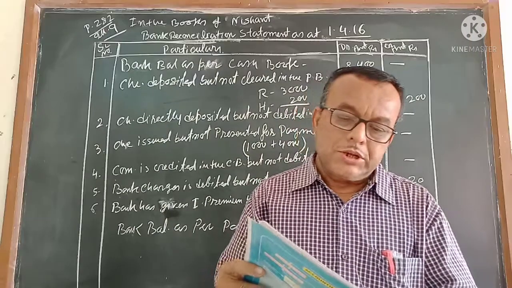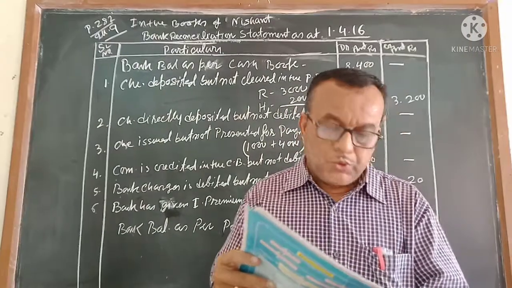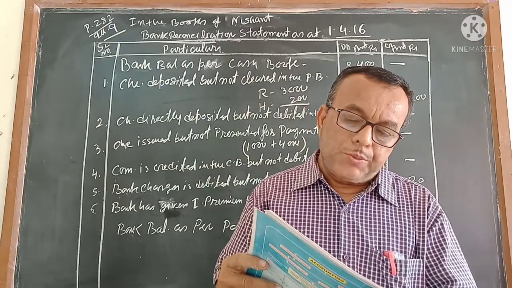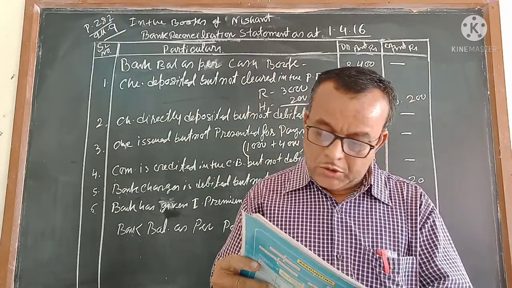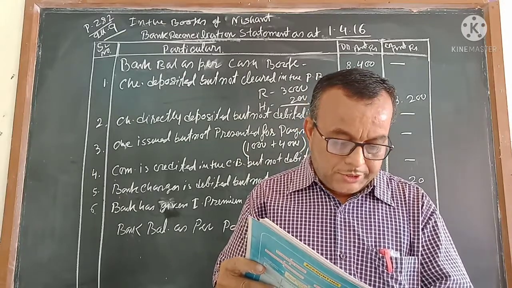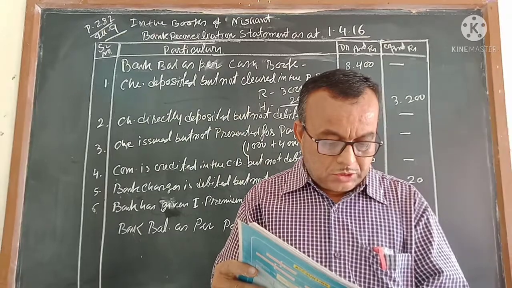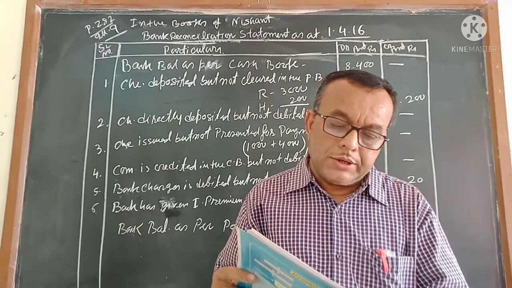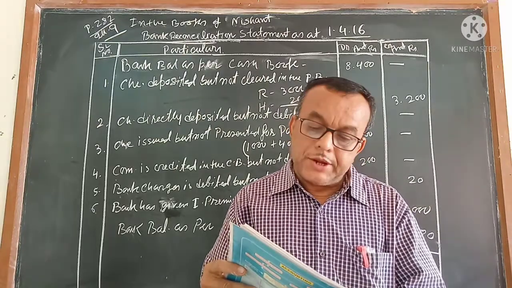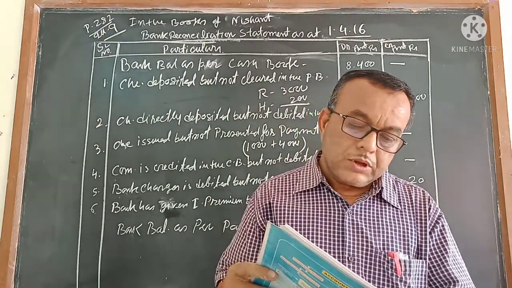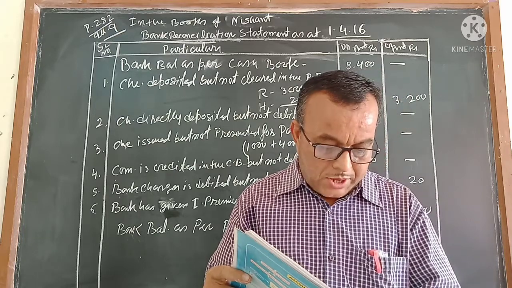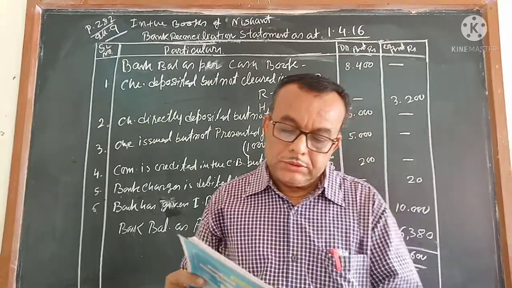Let me check first. Cash book debit with passbook credit. The opening balance here is 5,940, and here the opening balance is coming 6,000. Then 180. The commission is debited 180, but it is not credited 180. Check receipt from Shreya 180. If you add, how much are you getting?